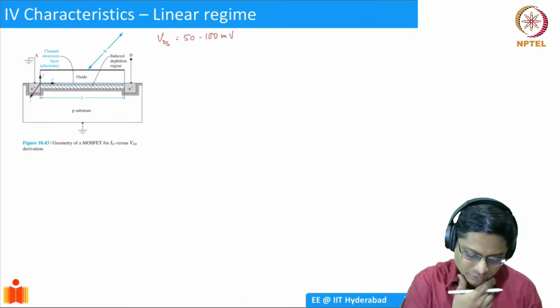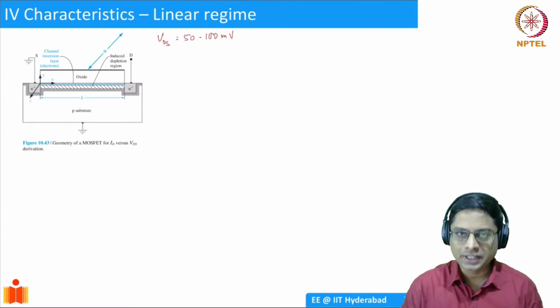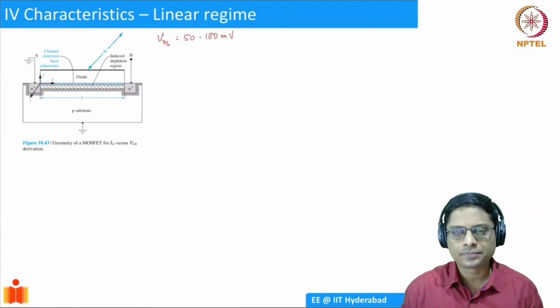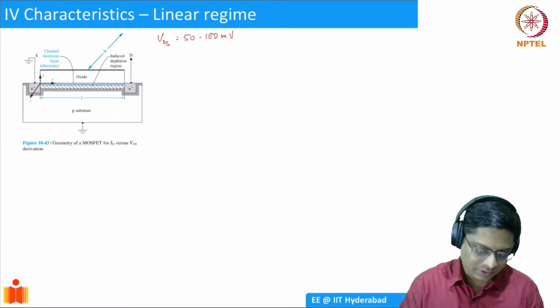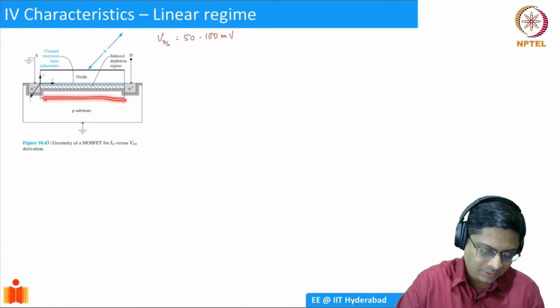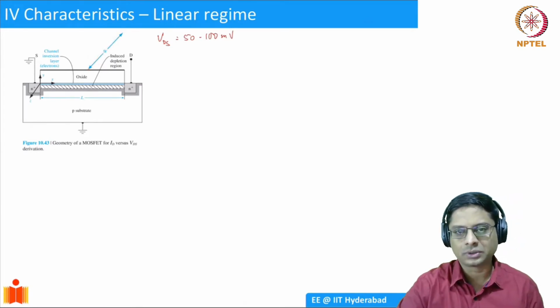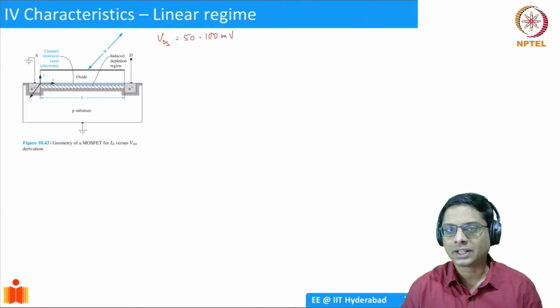This is a schematic of a MOSFET. You see that there are the source and the drain regions. And when VG is greater than VT, you have the inversion layer which is formed here, just below the oxide. And of course, a MOSFET is a three-dimensional device. Along with the length, which is the distance between the source and the drain, you also have a second dimension going into the slide, which is the width of the MOSFET. We introduced that in the last lecture as well.